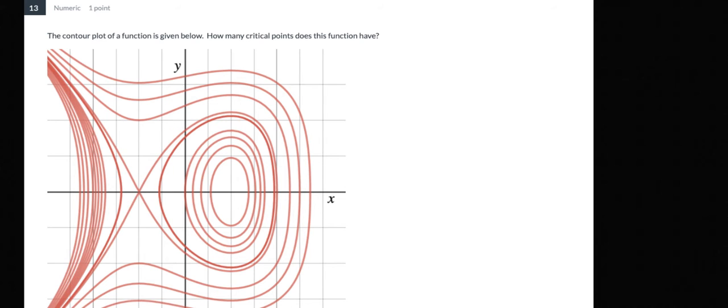But we're not given the equation of the function here, so we can't use that definition to find the critical points. However, we're given the contour plot, and one way to approach this problem is to